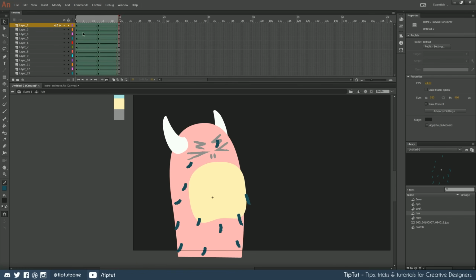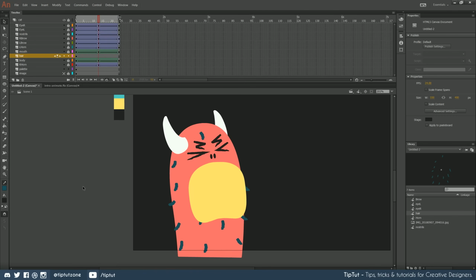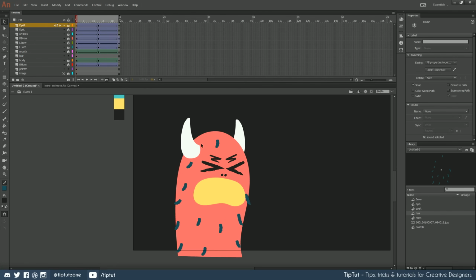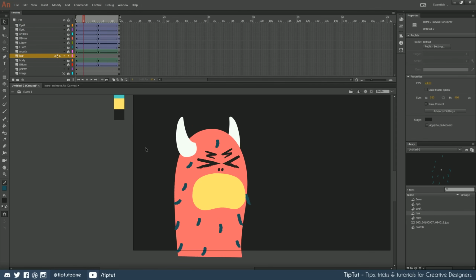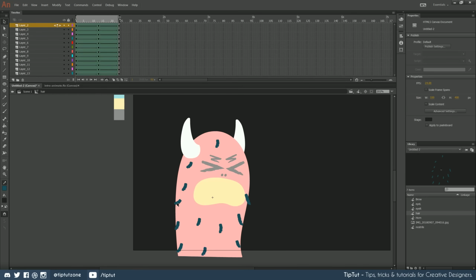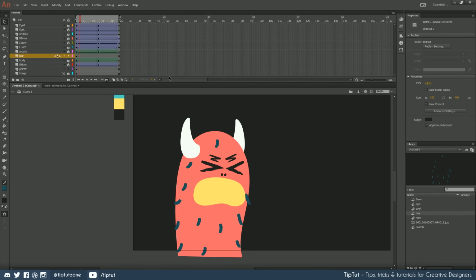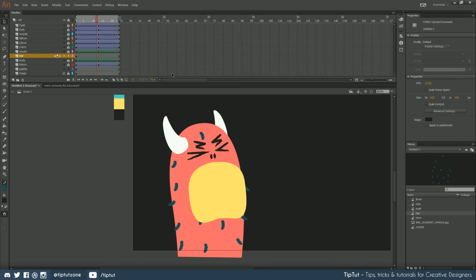Looks good to me. Now, when we drop back into our main frame, we can see that animation taking place. If this were a movie clip, in fact, let's see if we can make it a movie clip, we wouldn't see that animation. Technically, it's still there. If we go inside that frame again and play inside the symbol, we see it, but because it's a movie clip, it doesn't play until you render the movie. So let's just change that back to graphic. And there you go. That hair looks pretty good, to be honest. I'm quite happy with that.